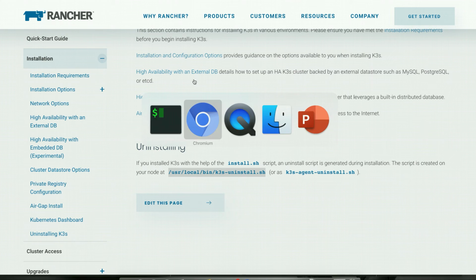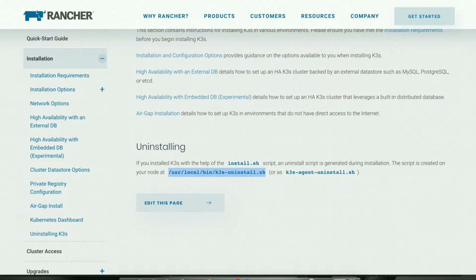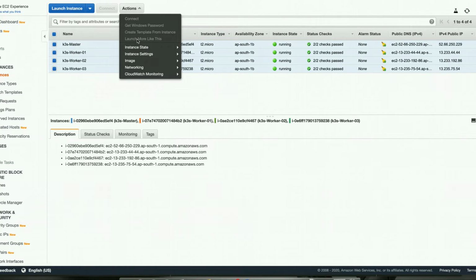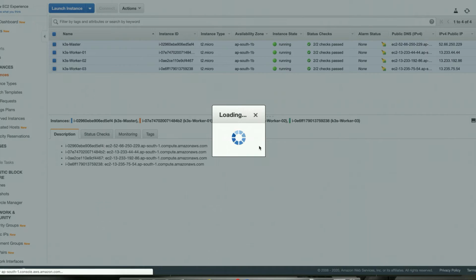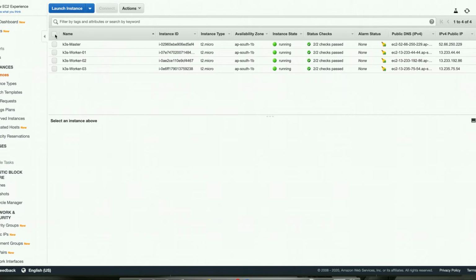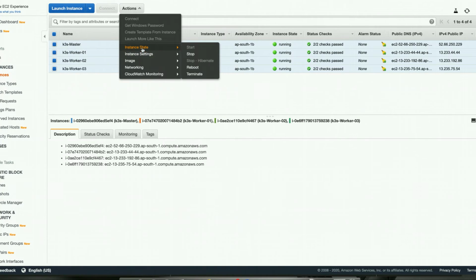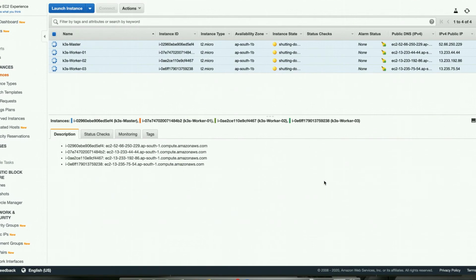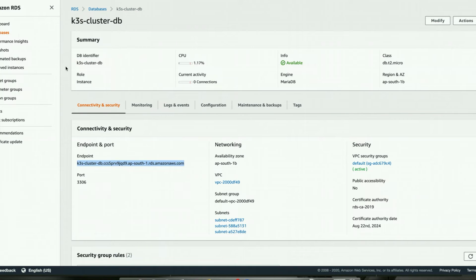And let's go back to the AWS console and try to delete all the instances. Let's do it one more time. Let's delete all the instances. Right, it's deleting. And let's go back to the RDS console and delete this RDS as well.